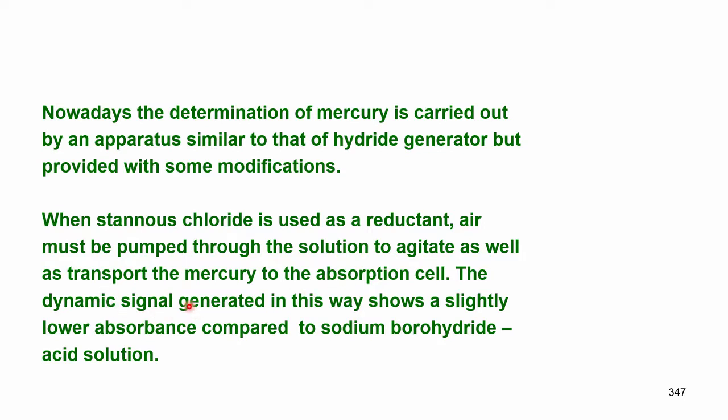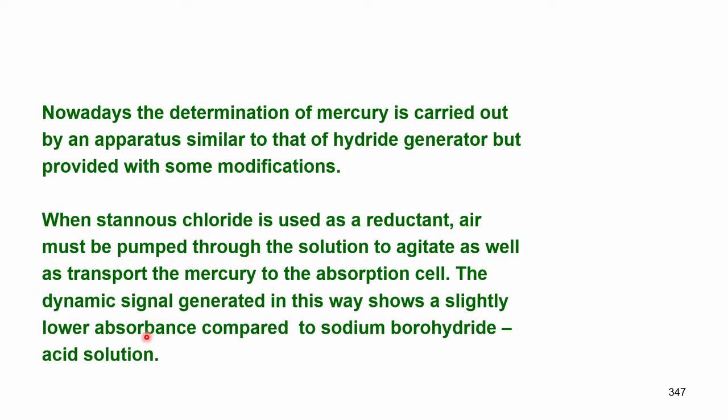The dynamic signal generated in this way shows a slightly lower absorbance compared to sodium borohydride generation in acid solution. So, you can use sodium borohydride acid or stannous chloride and HCl, both have the capability to reduce mercury